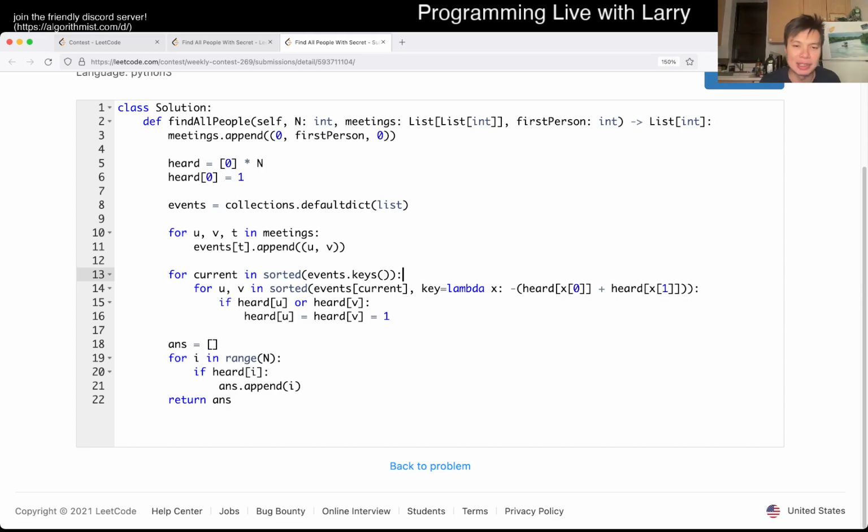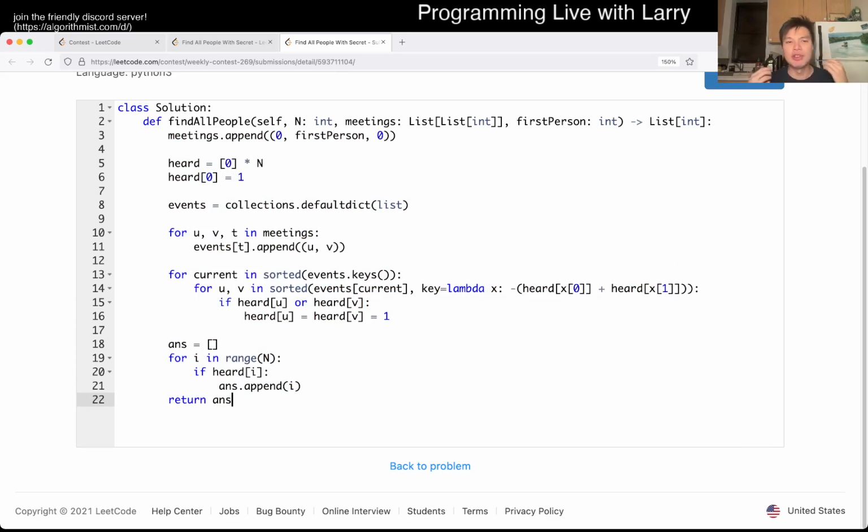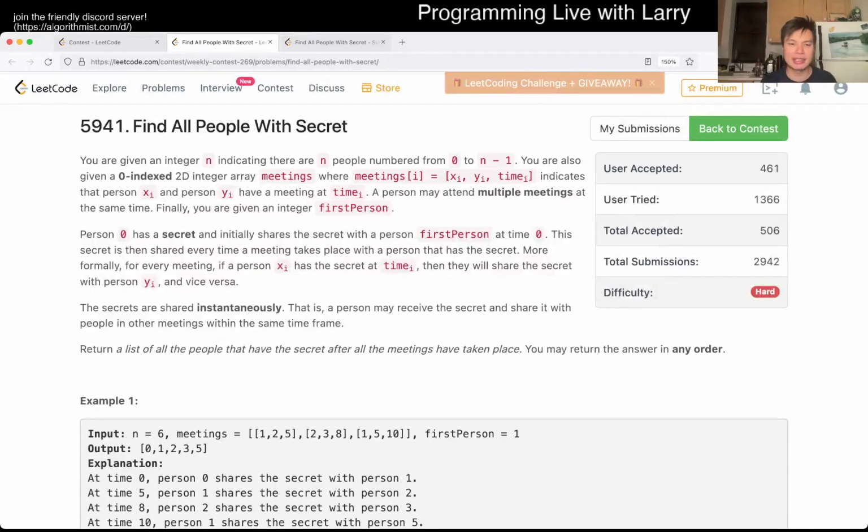And I guess another example is that if you have two events where no one has heard it, that order could be wrong, and that's basically what happened for me. I didn't think about this case deeply enough, to be frank, and that was wrong. So after submitting this, I cleaned up, and the union find wasn't necessary. The reason I did union find is that when you look at these problems, the first thing I see is connected components, and union find is generally a very natural extension of that.